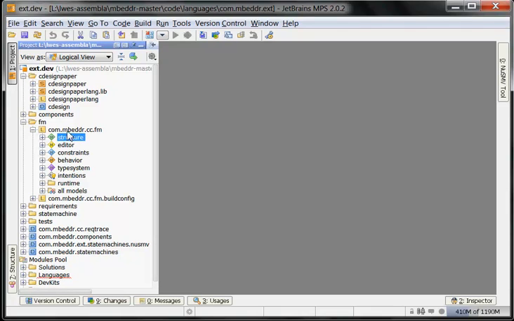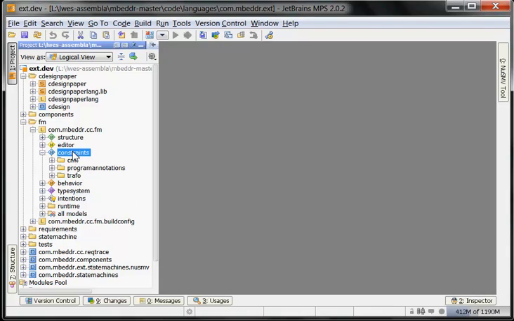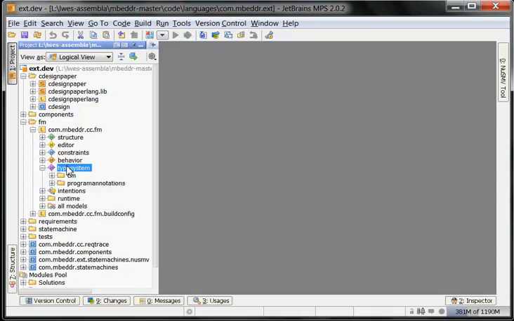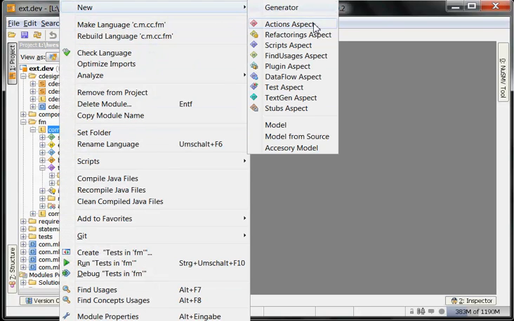You can define the language structure, you can define editors, you can define constraints that restrict where certain program elements can be used. You can have type system rules. Type systems are very sophisticated. There is an inference engine running which also supports type inference, but very nice. We don't do that here, but there is support for refactorings, for data flow analysis,